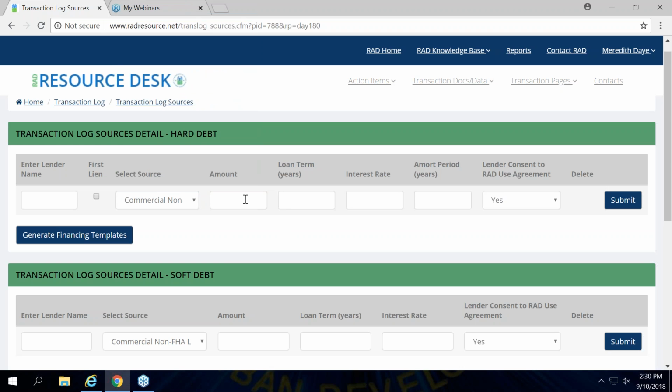And then as you continue to walk across, you'll put the dollar amount in, the loan term, the interest rate, the amortization period, confirming that the lender has consented to the RAD use agreement, and then you'll add that information there. So one of the great things about this is it gets all of the information that RECAP needs to